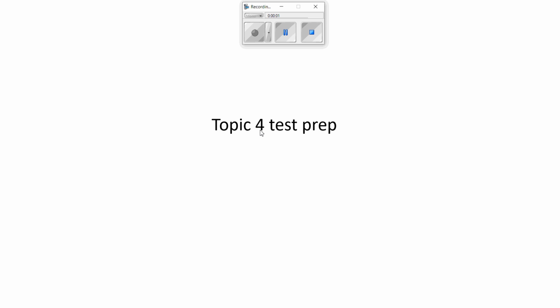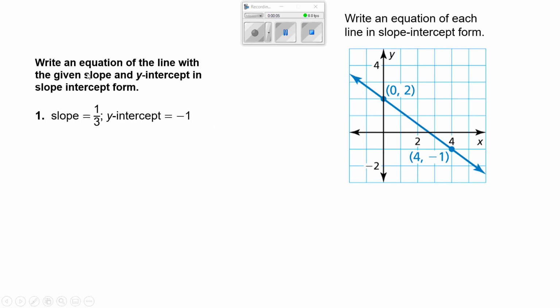Get ready for our test, topic 4 test. I'm going to go through this rather quickly. Find an equation of the line with the given slope. They gave 1/3 as a slope and the y-intercept of -1. So this means I already know what my slope is. If they want the y-intercept,